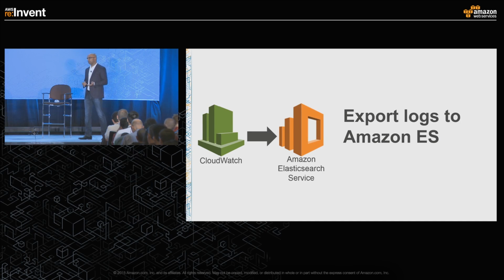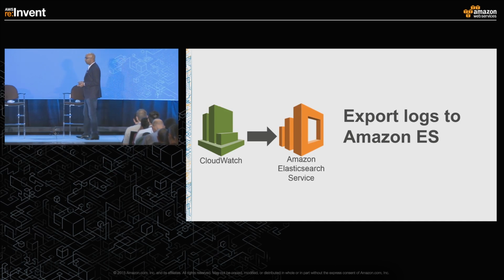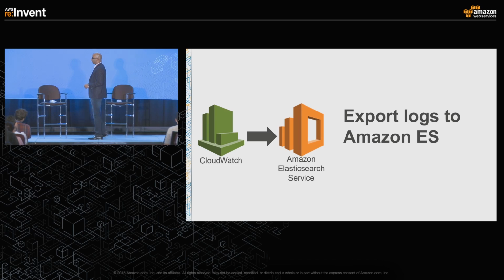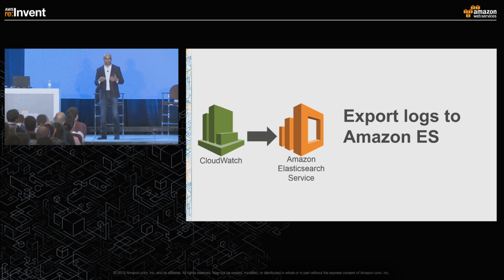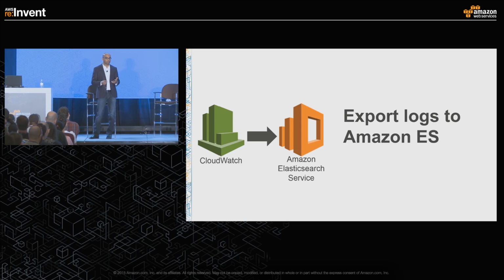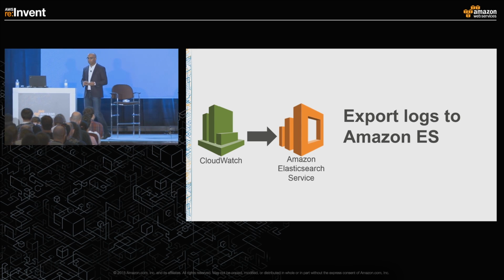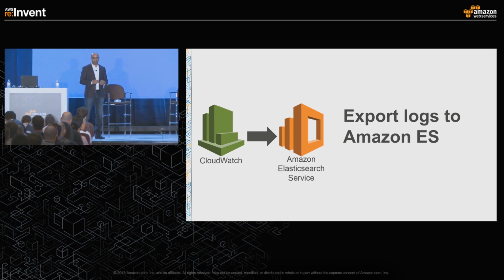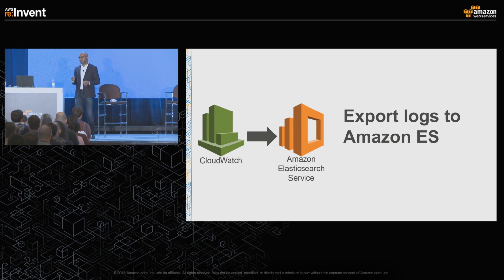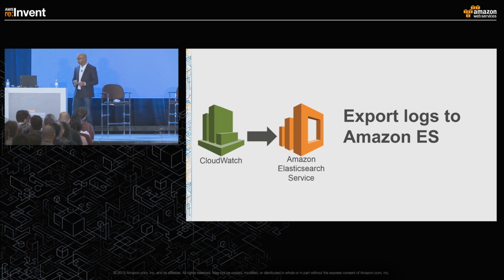One of the frequent asks that we had from customers was they wanted an easy way to do a lot more deep analysis and exploration of the log data that's being collected in CloudWatch logs. So the CloudWatch logs team worked with us and released a new feature last week when we launched our service. Essentially, with this feature, you're able to go into CloudWatch logs and very easily set up a streaming mechanism that pushes your logs data into your domain on Amazon Elasticsearch service. So let's take a quick look at a demo,